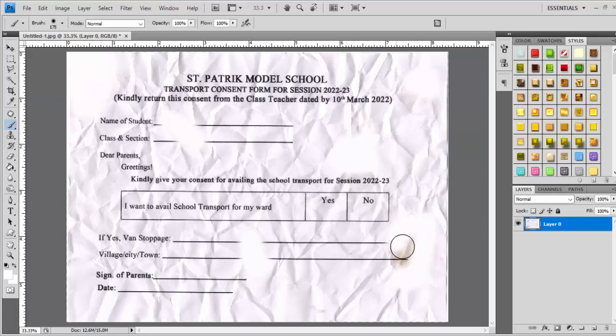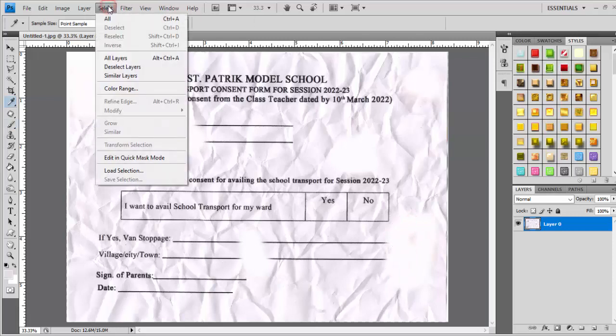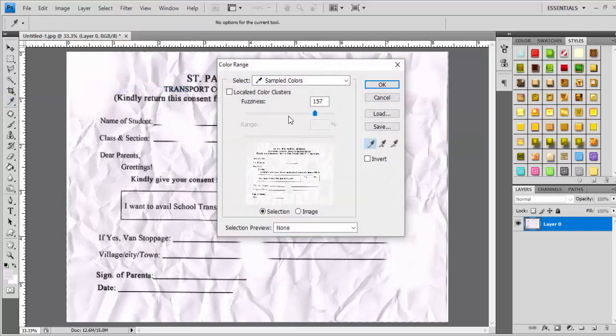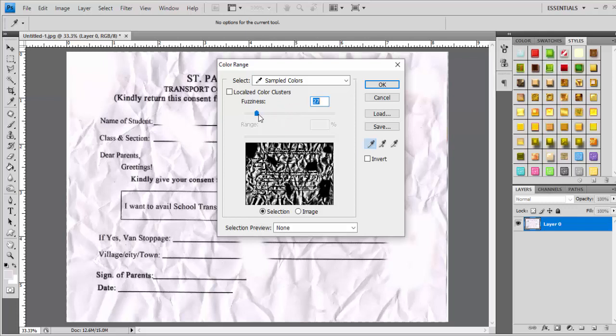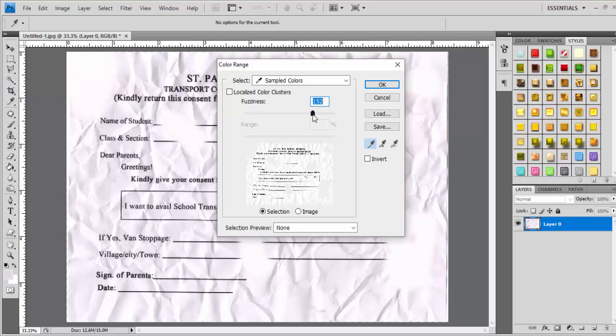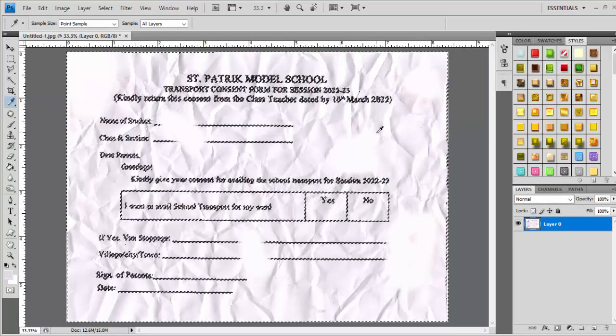carefully. After it's done, go to Select, Color Range and select Fuzziness value to around 150. It may be a bit different if your document background color is something else. It has to be different from the color of the text to get good results. You will notice that Photoshop has selected all the white crumpled background and black text has not been touched by